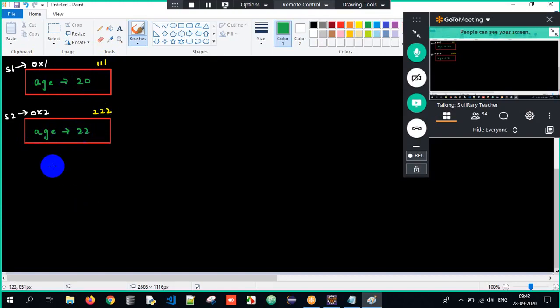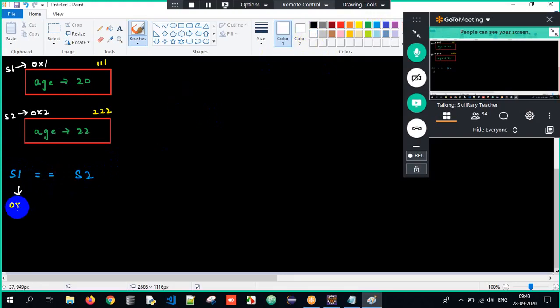Clear? So s1 is pointing to address 0x1 wherein the age is initialized to 20. s2 is pointing to address 0x2 wherein the age is initialized to 22, with hash codes 111 and 222.